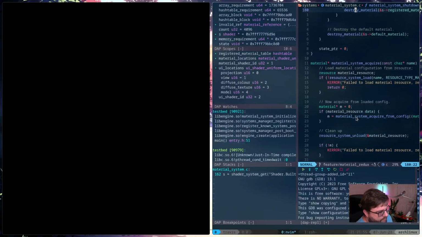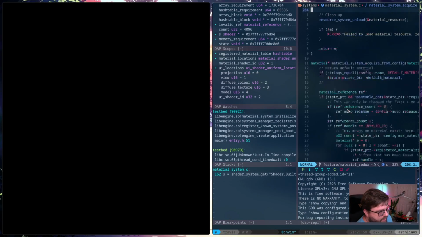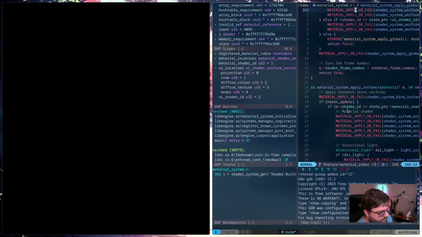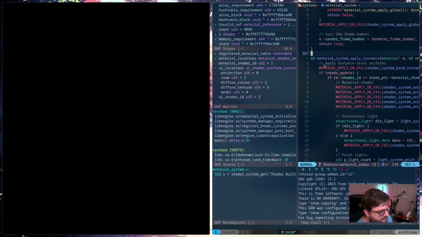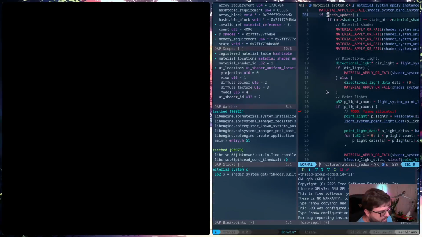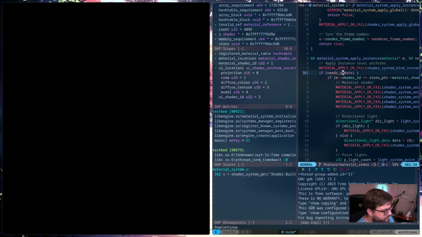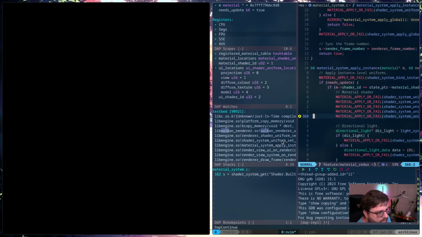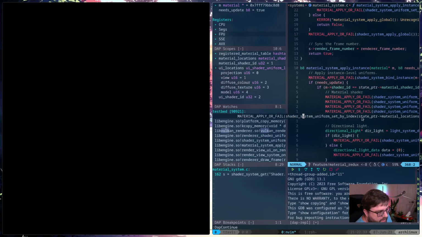I believe when we went to go... Well, I think when we went to go apply the instance is when it actually was bleating. So I'm going to continue the application. And yeah, so UI on render, apply instance. Let's actually go there. Let's see.